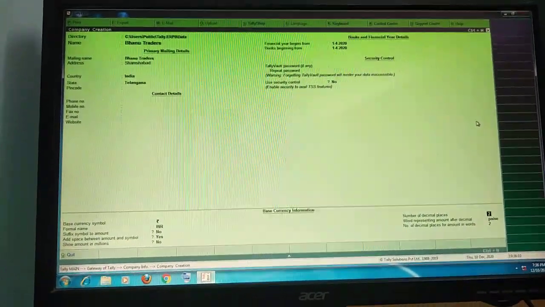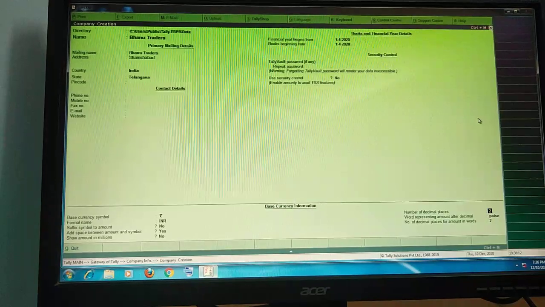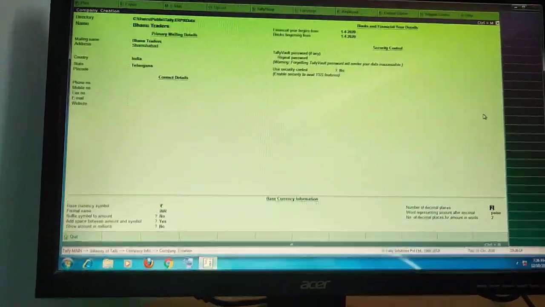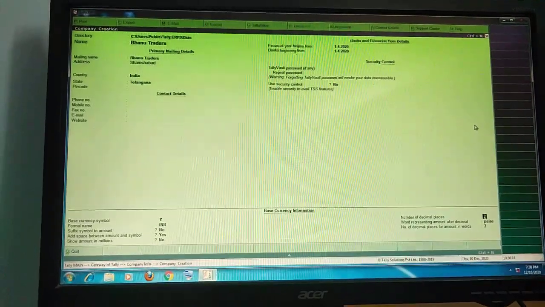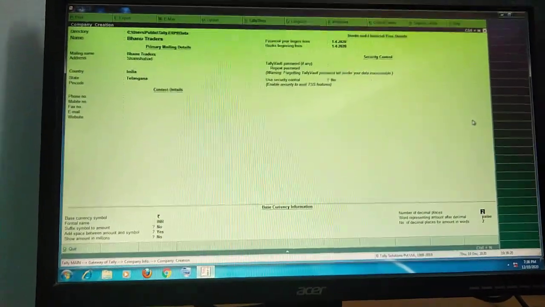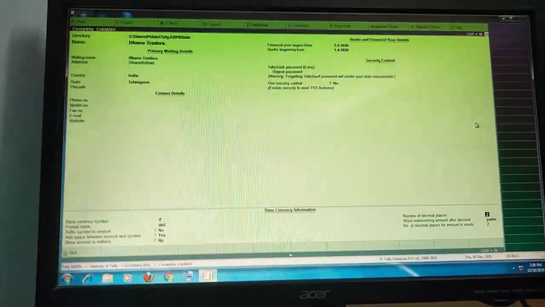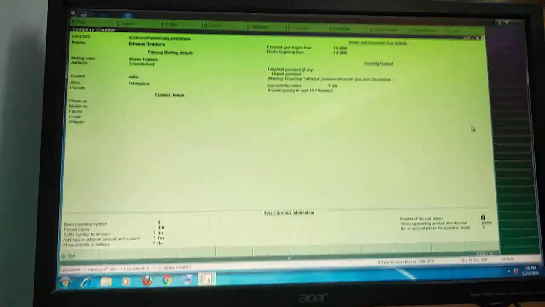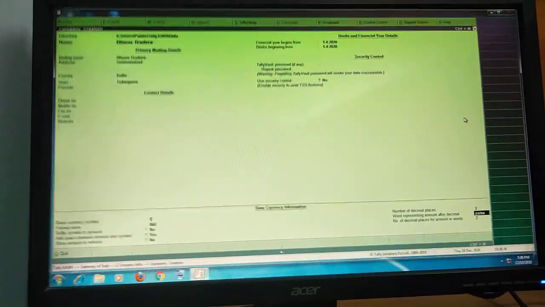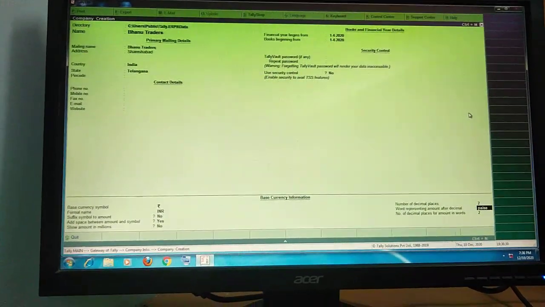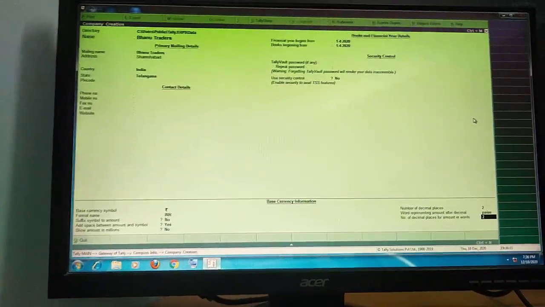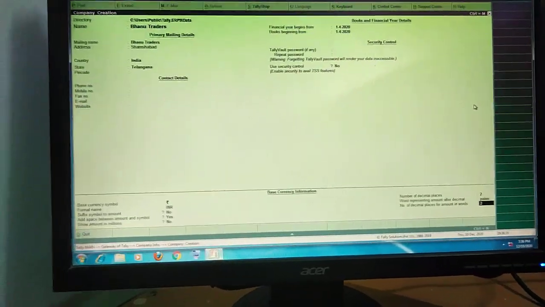For example, in a paragraph, between a sentence and the next sentence we give 2 spaces. It is very important because with 2 spaces the sentence has clarity. So that's why we give 2 spaces between sentences. It is permanently there. And the word representing the amount after the decimal is paisa. Okay, that is it. And next, the number of decimal places for the amount in words.